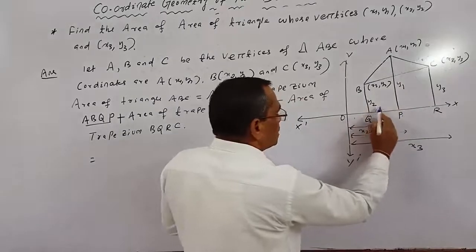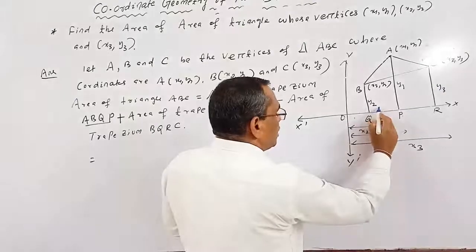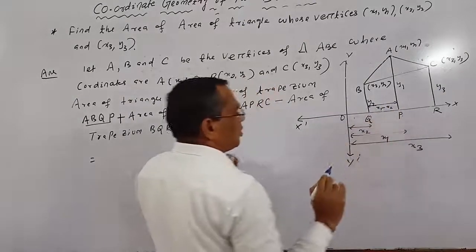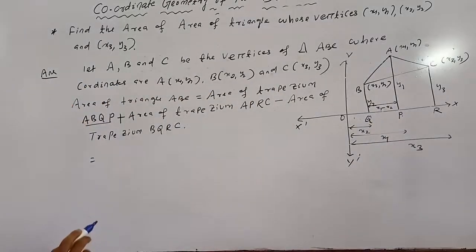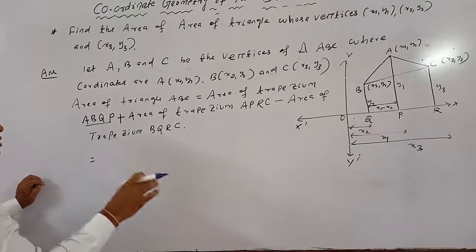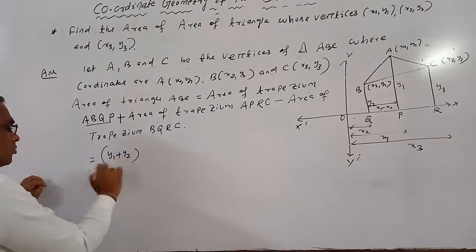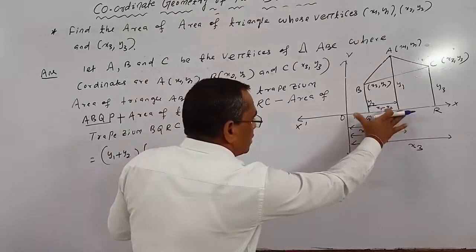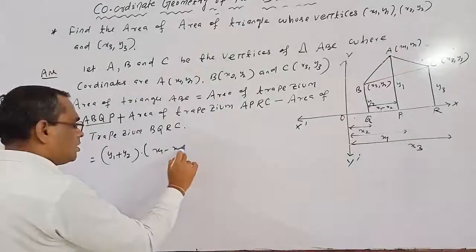So naturally its distance is x1 minus x2. Its distance is x1 minus x2. Okay. So sum of length of parallel sides, that means y1 plus y2, into height. So this height equal to, this one is x1, this is x2, total is x1 minus x2,